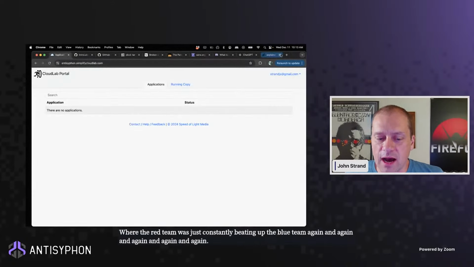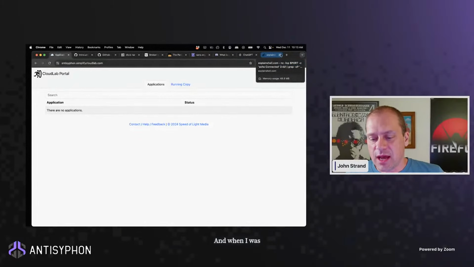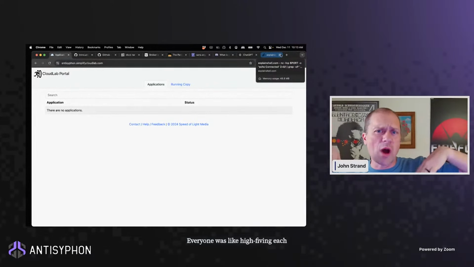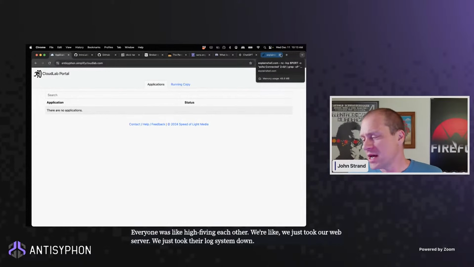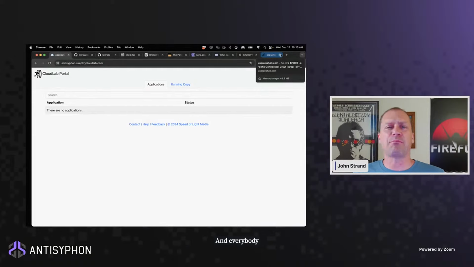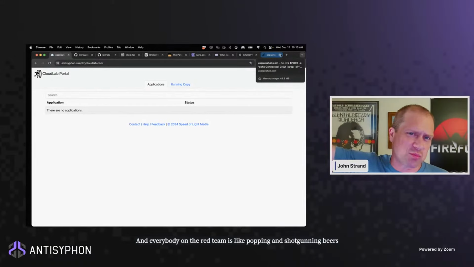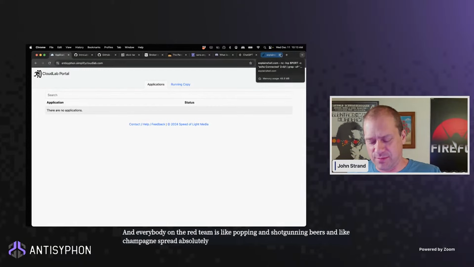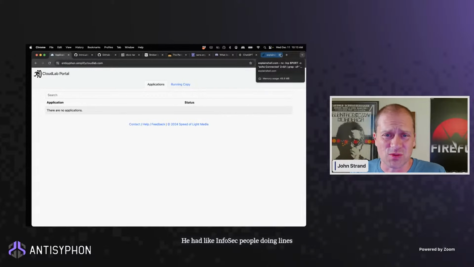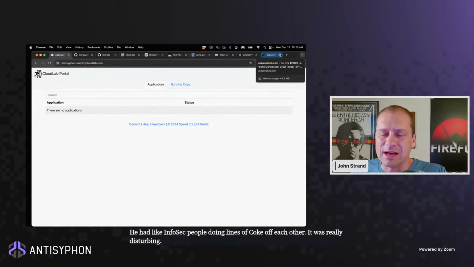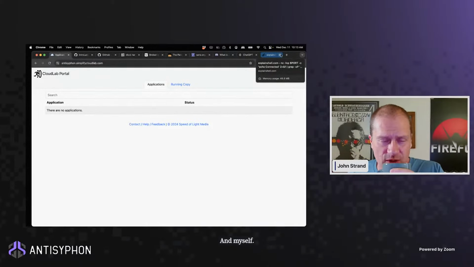And when I was on the red team, everyone was high-fiving each other. We're like, we just took their web server, we just took their log system down, we just did this. And everybody on the red team is popping and shotgunning beers and champagne spread absolutely everywhere. I mean, it was crazy. They had infosec people doing lines of coke off each other. It was really disturbing. And myself, Larry Pesci, and Paul Asadoorian were seeing all of this,